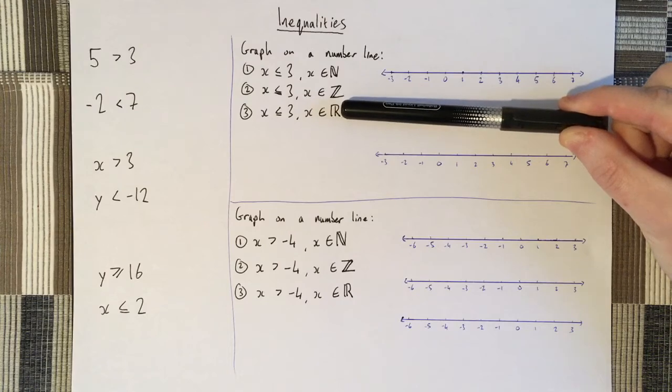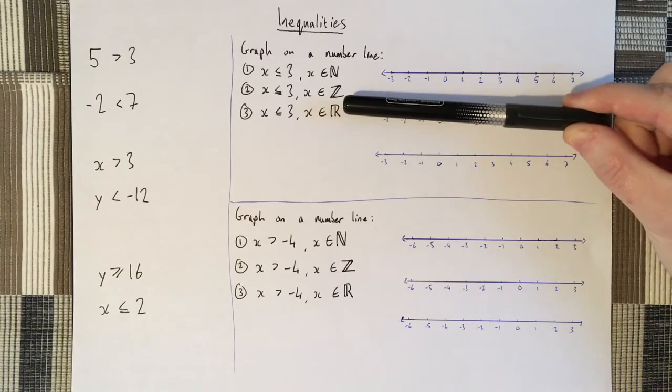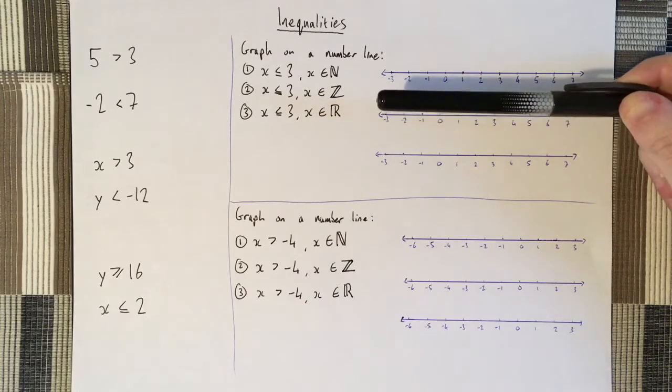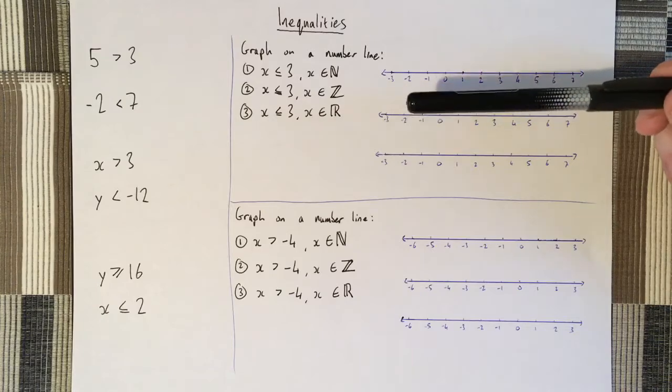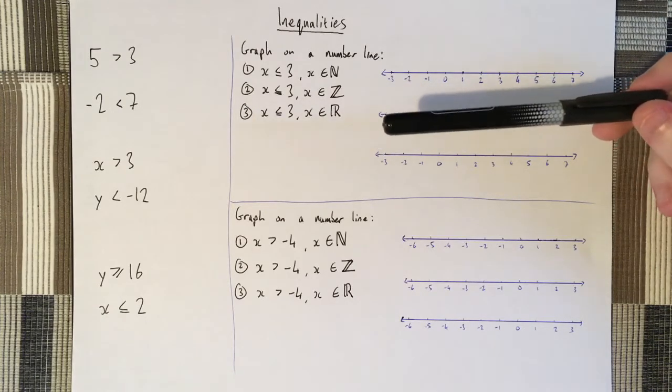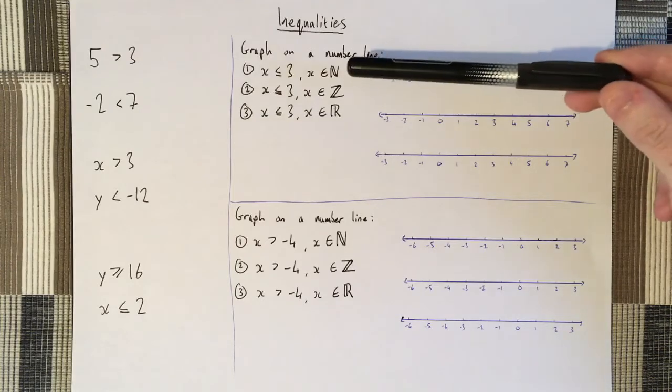And I'm asked to graph it for R, which is real numbers. Okay, so that is positive, negative, but not just whole numbers. It includes fractions, decimals, all the numbers in between the whole numbers as well. All right, so you can be asked to graph